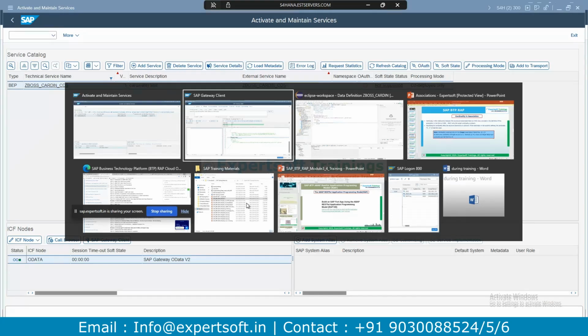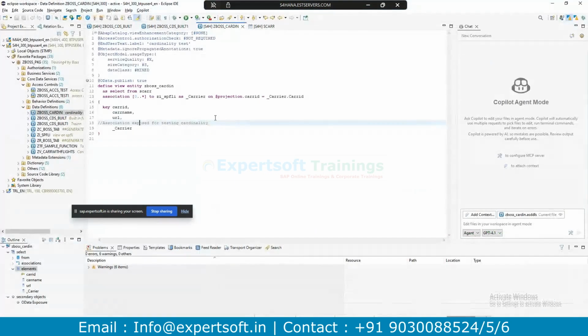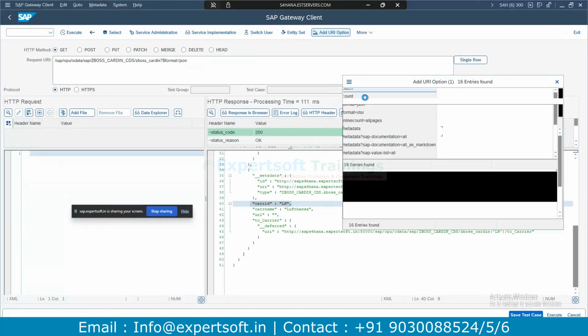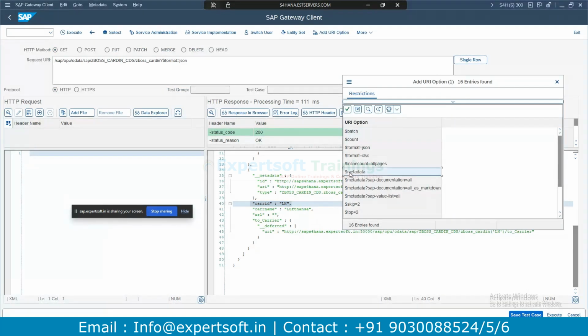So now I will assign the cardinality. ZSPFLI. But we cannot do it directly. To know the navigation property, we must see the metadata. Let me explain what the metadata is.